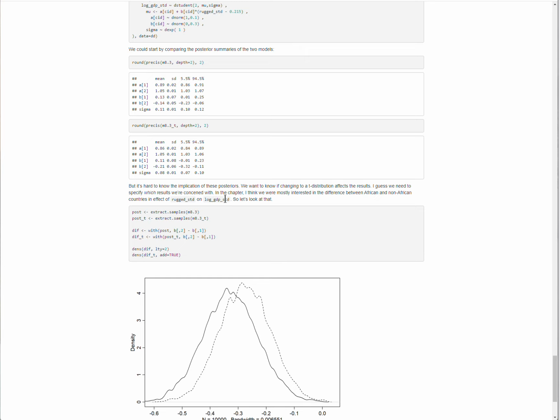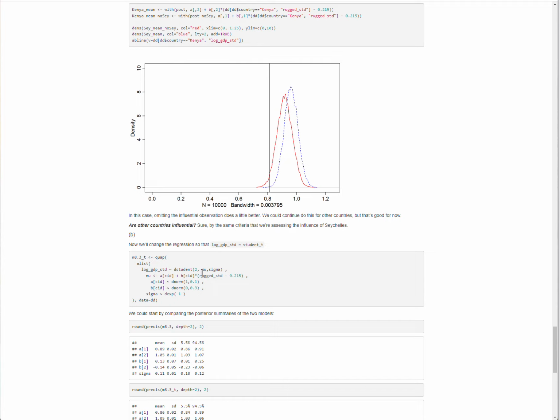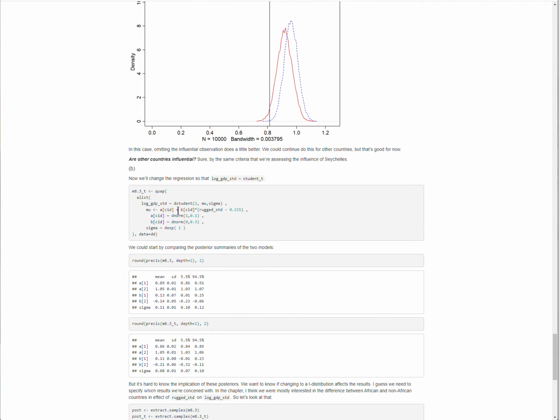I don't think that's really made explicit in the question, but in the chapter, what we're after is, let me go back up to a linear model, we're trying to assess the effect of standardized ruggedness on standardized log GDP.